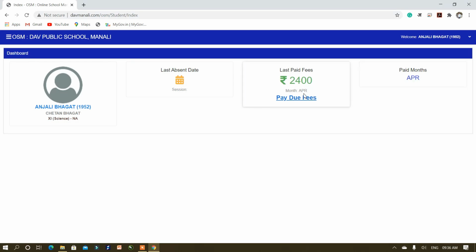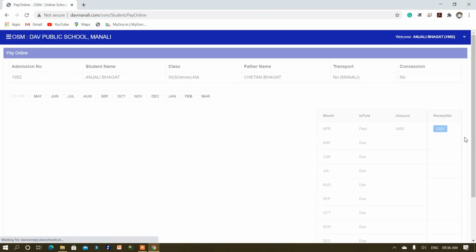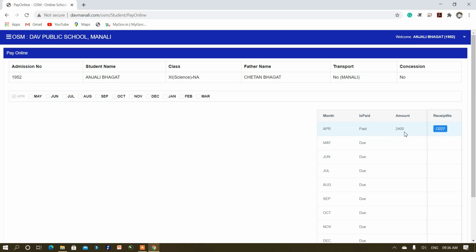Here you can find the status of fees. So the months for what you have paid, they will automatically get deactivated, and for what you are yet to pay, they will be activated there on the screen.